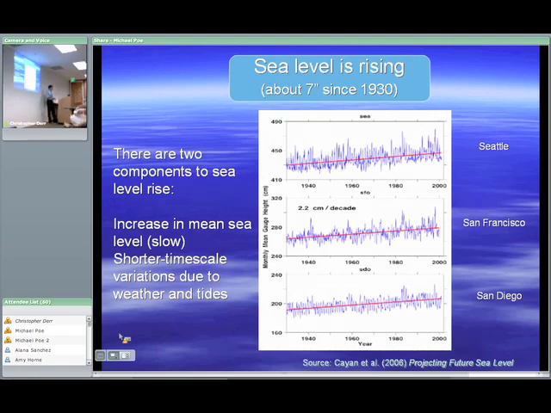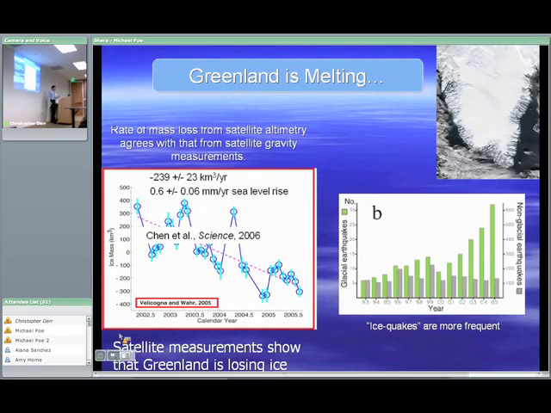Sea level is also rising. Sea level has risen steadily, actually since the beginning of the 19th century. It hasn't risen much. This is showing sea level rise at 3 different locations in the west, sort of more or less 7 inches since about 1930. So that's not dramatic, but it's likely that sea level rise will accelerate, as I'll show you. And the reason for that is Greenland. Okay, and it's interesting that a place as far away as Greenland is potentially very important to our future.